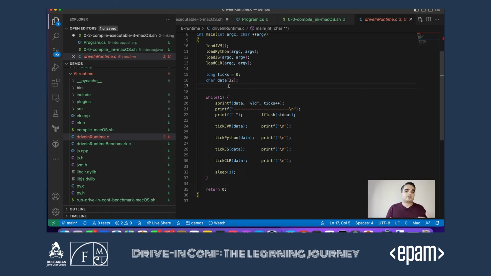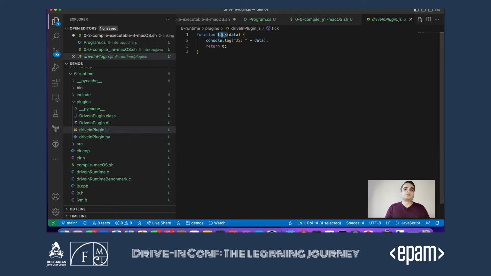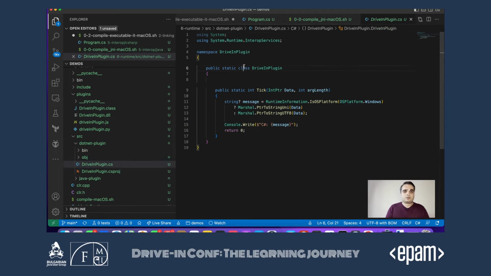And then I defined a convention of how I would like to provide some programmability. In this case, it's a very simple thing. We ask our plugins to implement a tick method, and we're going to call that tick method with some string. Of course, this is a very simple interface just to prove the idea of how it might work, and then you would like to have something more sophisticated to provide more programmability over your runtime. And for JS is the same, so it's a tick method. For .NET, I actually have them in a separate folder. So you just have a static class with a static tick method.